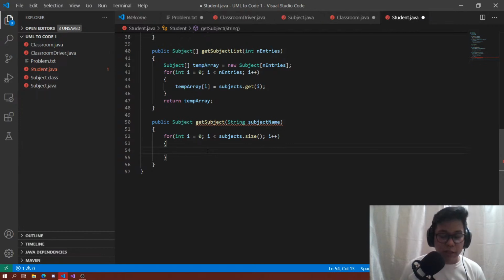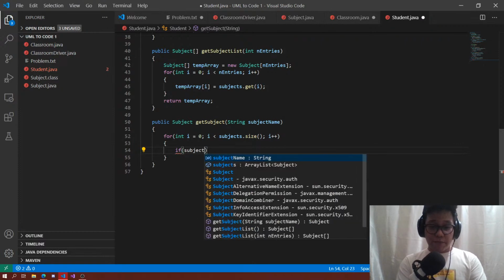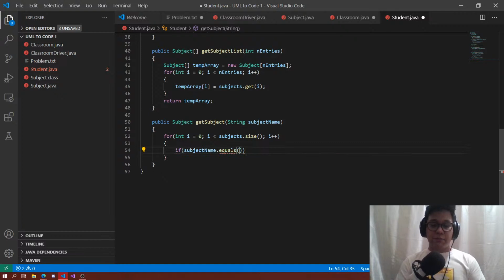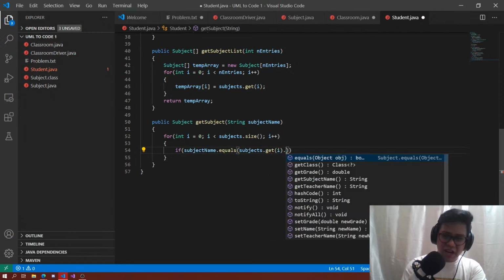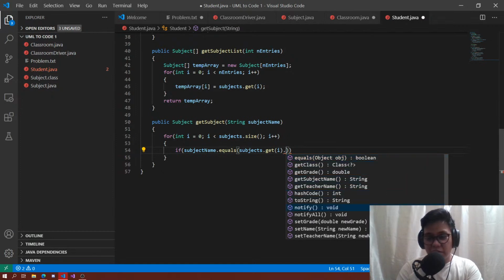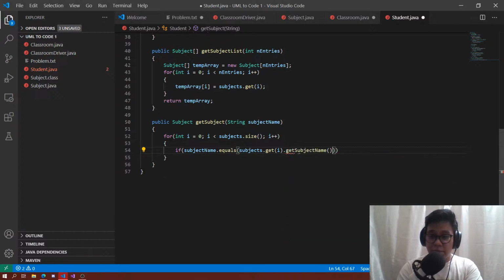So what we're gonna do is loop through, and we want to have an if statement here wherein we have subject name equals, okay, we're gonna pass to the object here, which is subjects dot get i dot, what was that again? Yeah, it's down here. Get subject name. There we go. Okay. So if it's equal,